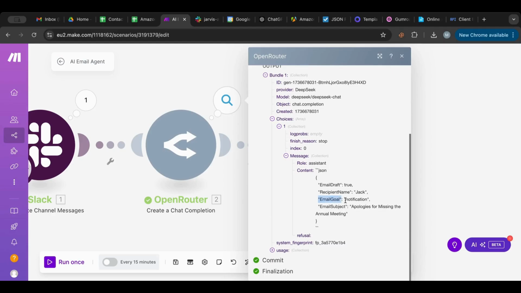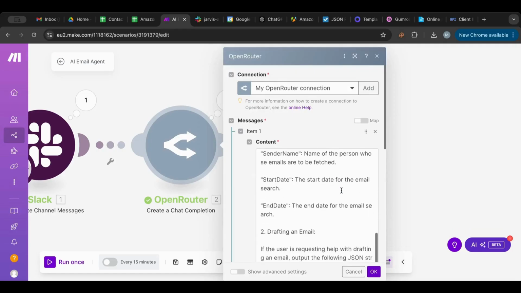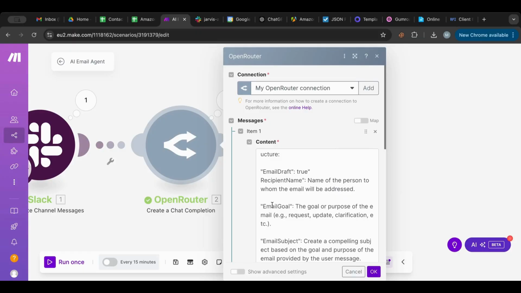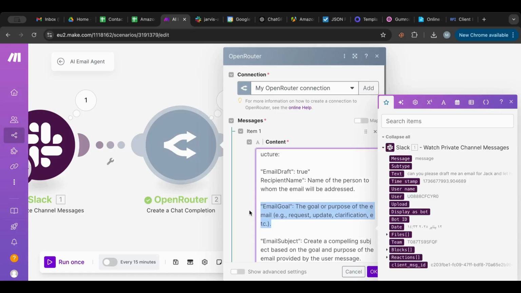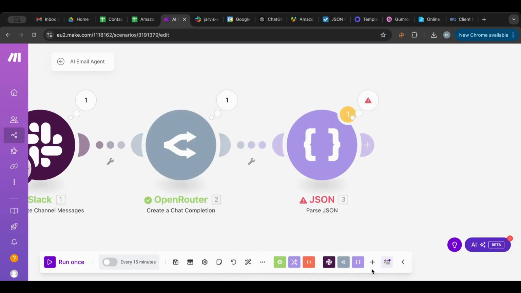So the email goal is notification, so we could say apologies for missing the annual meeting. Well, we can remove the email goal. We don't need that. Email goal, the goal or purpose of the email. So we can remove that. We don't need it. We're gonna say save, and